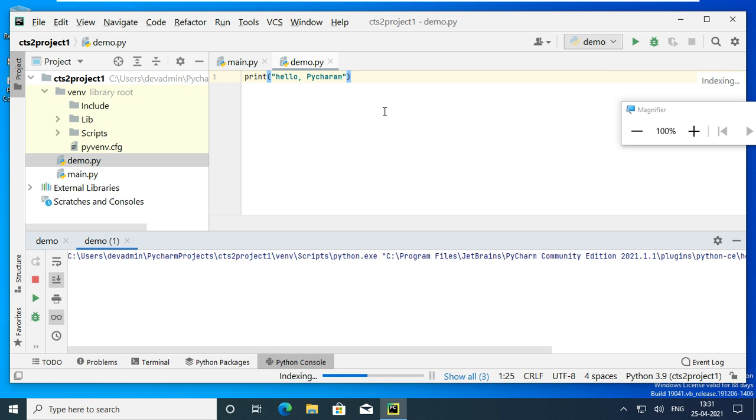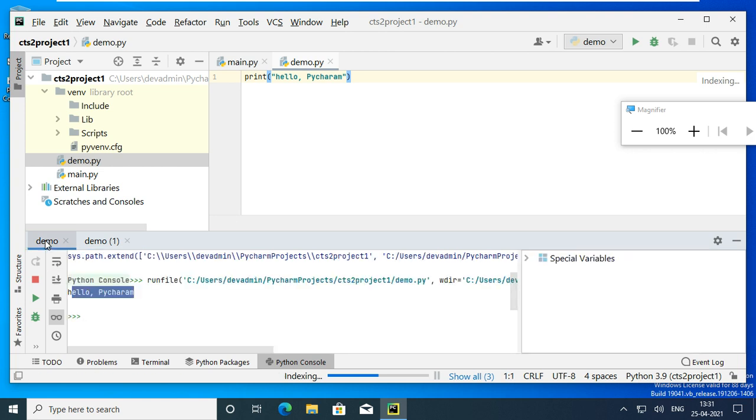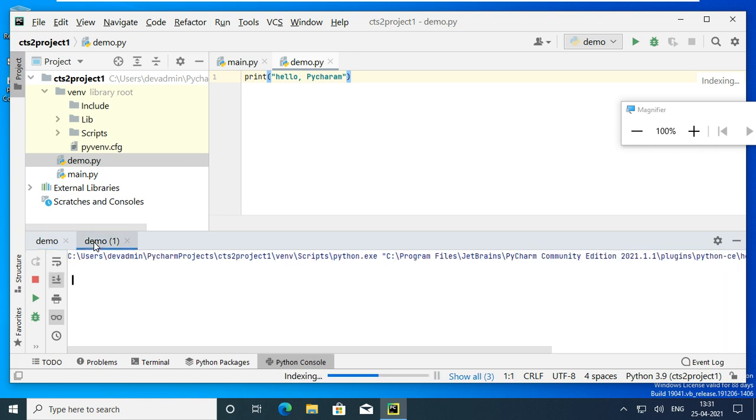Taking too much time. When it is frozen like this, don't do anything.